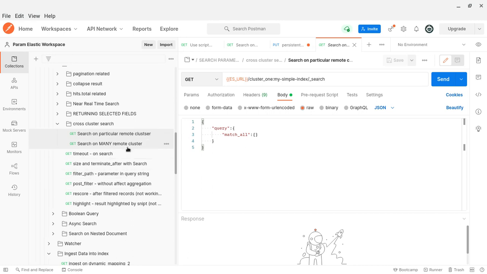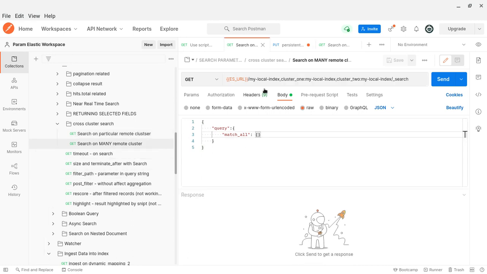Similarly, we can search many clusters. Here you can see that I am searching my local cluster, cluster 1 and cluster 2. In a single request I am searching two more remote clusters. So what will happen?